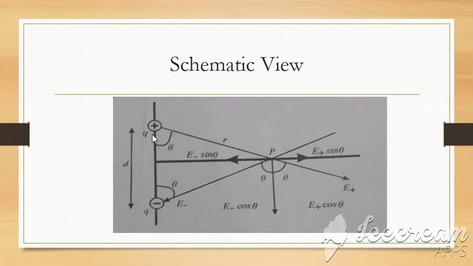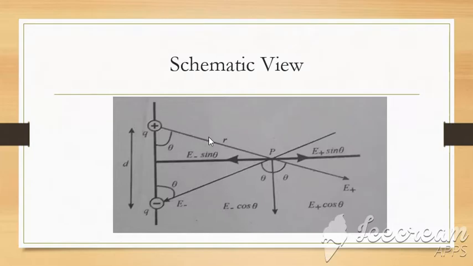Now locate the position of electric field. Due to the positive charge, this is the electric field. You can see that this is radiating outward. This is coming outward of the positive charge, which is the direction of the electric field lines. Now look at this negative charge. The direction of electric field is inward, towards the negative charge, and it is represented by E negative. When we consider these charges, the positive charge is at a distance r from this point P, and also the negative charge is at the same distance from this point P.